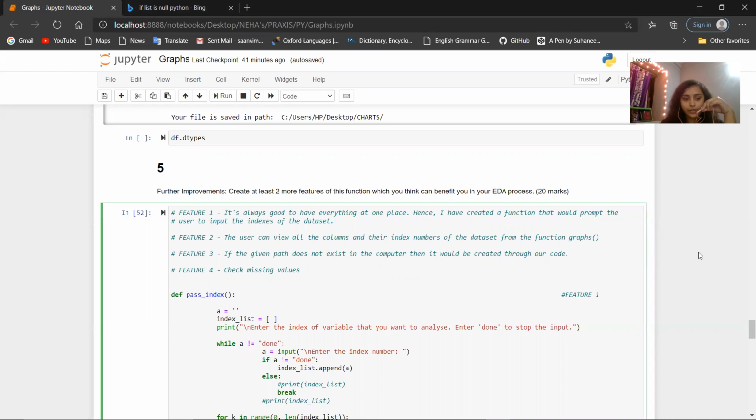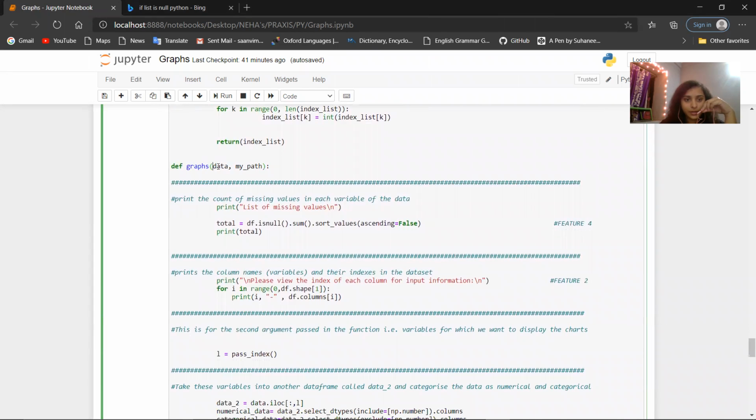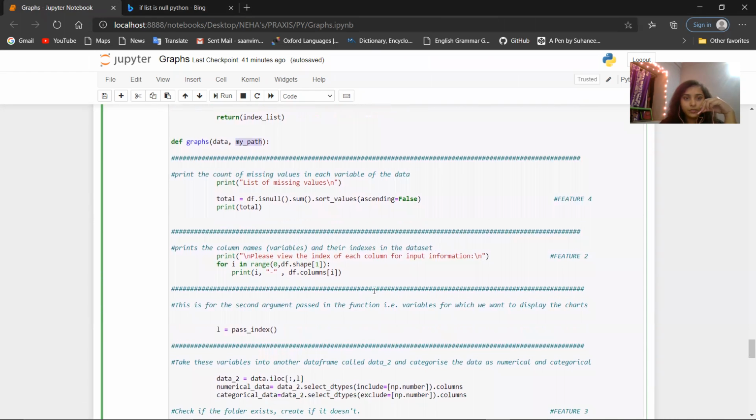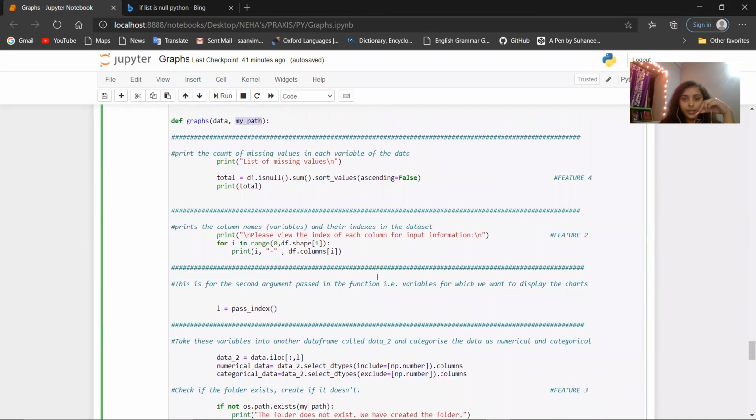Today I'm going to explain a function which will take input as data and a path where it should store the output of this function. The basic idea behind this function is generating the images of our variables. In each data we will have different kinds of variables, that is numerical and categorical. What this function will do is divide the data into numerical and categorical variables, and generate the